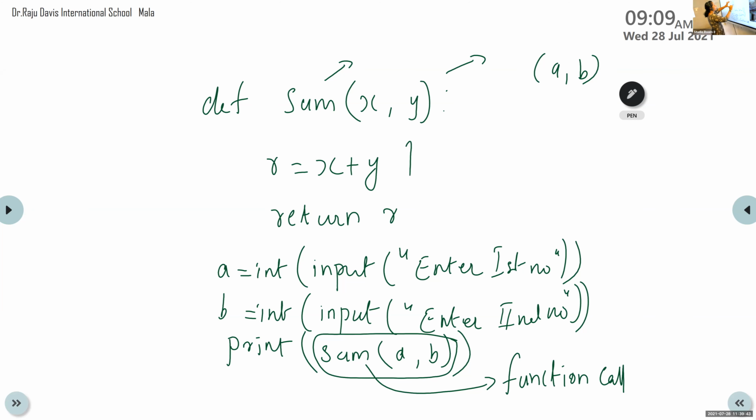This is the function body, the statements that are used inside the function definition. And this is the function call. So this one is function header, this is function body, and this is function call.